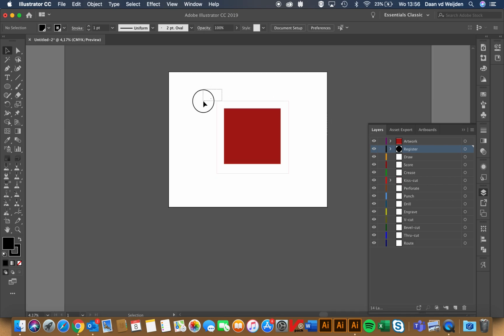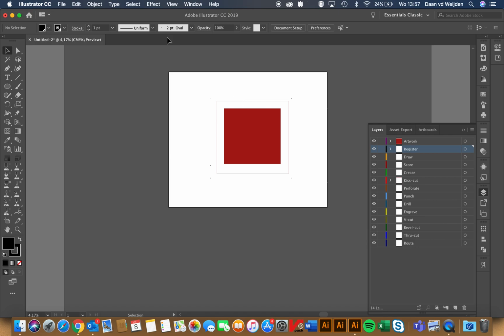For the cutting, we advise you, depending on the scale of the size of your project, to put 5 register marks around the object. We have 1 extra here in the corner, so the machine knows which angle it has to take. But it's also necessary for yourself to know what sort of direction your job is on. So this is already set, and now we can send this to the Zünd, but also